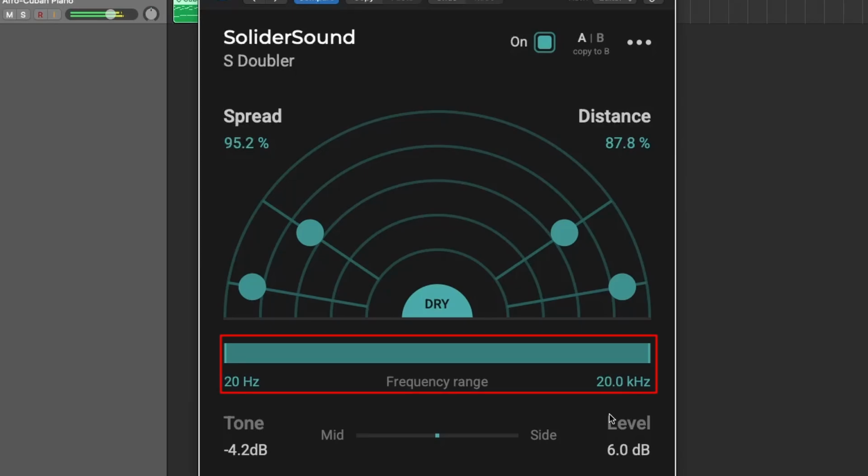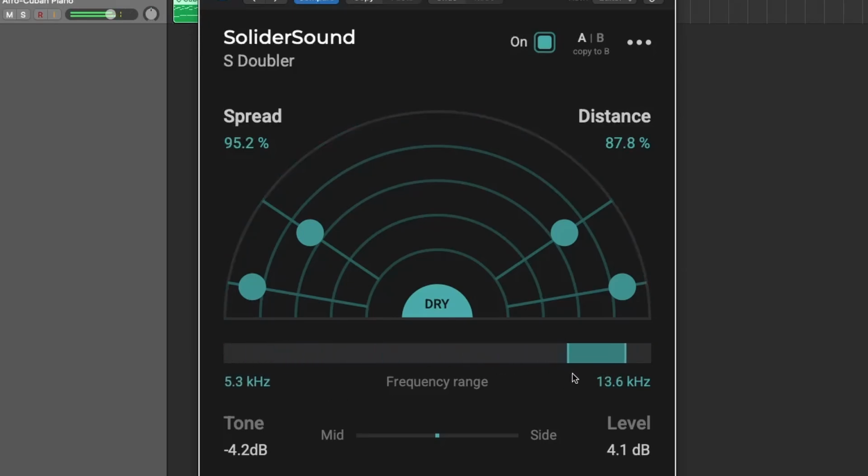The frequency range slider lets you define which part of the audio spectrum is affected by the doubling effect. This is especially useful when working with complex sounds or full mixes, where you might want to focus the effect on a specific frequency range. For example, you can set the effect to only widen high frequencies, leaving the low end untouched to maintain a